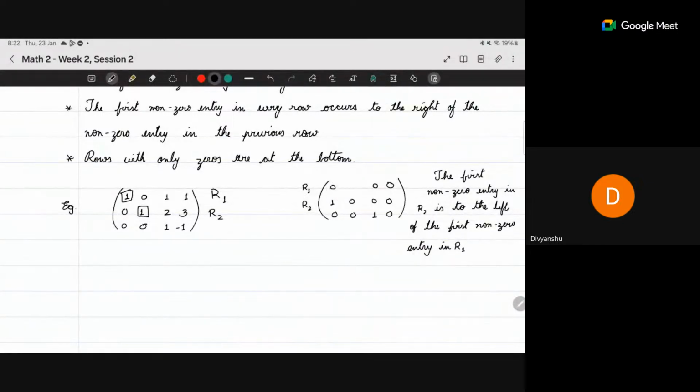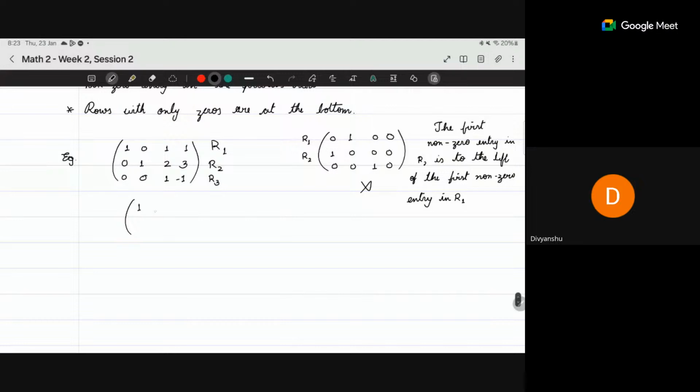What is accepted? So this is not in echelon form. Echelon form has to have it to the right. And this is not just for R2 and R1, it has to happen for R3 and R2 also. But that we can check, right? If this is the first non-zero entry in R3, and that is to the right of this, it may well happen that there is something in between, like 1011, 0103, 0001. This is fine. It need not be one step to the right. It can be 2 steps to the right. But the only condition is that every first non-zero entry is 1, and they sort of